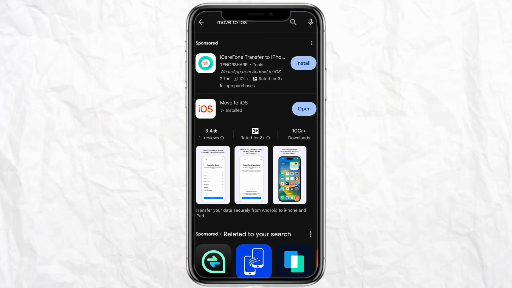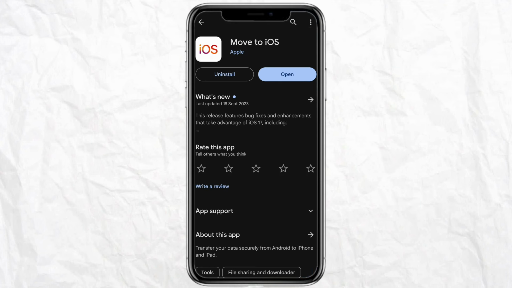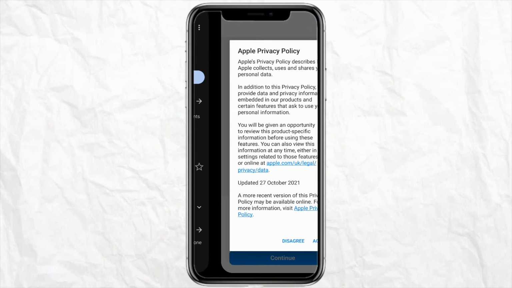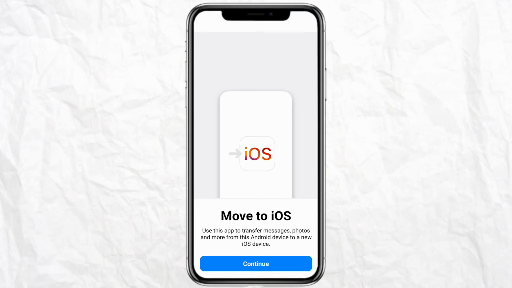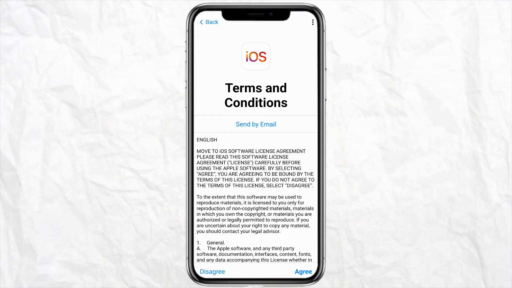So first of all, you need to download the Move to iOS app in your device, and once you are done installing the application, just click on open and open the app in your device. And after that, you need to agree to the terms and conditions of Apple. So just click on agree, and after that just click on the settings from the bottom and click on continue,